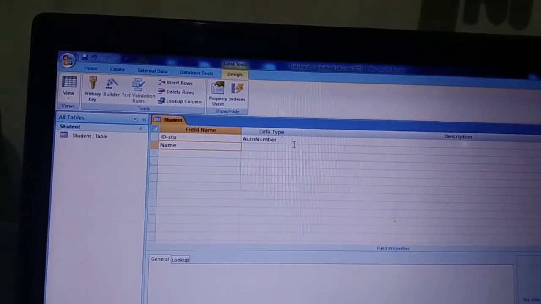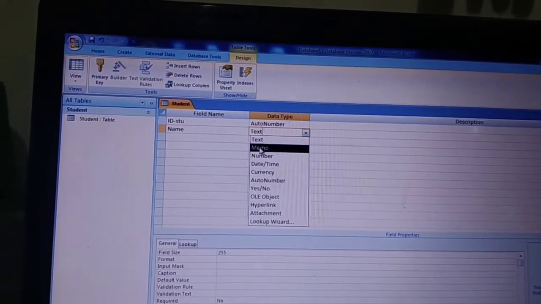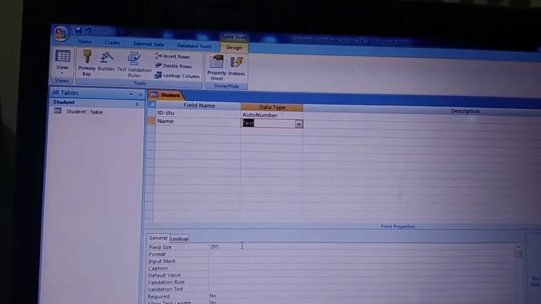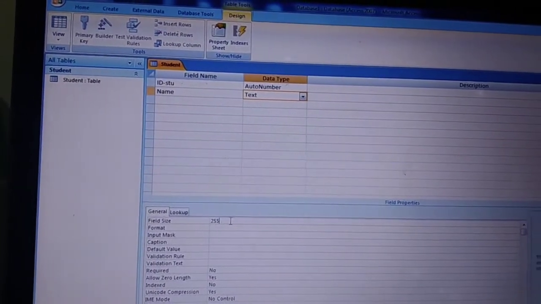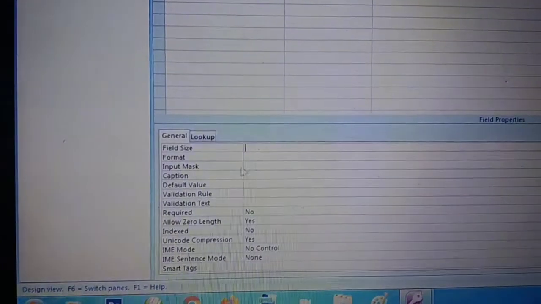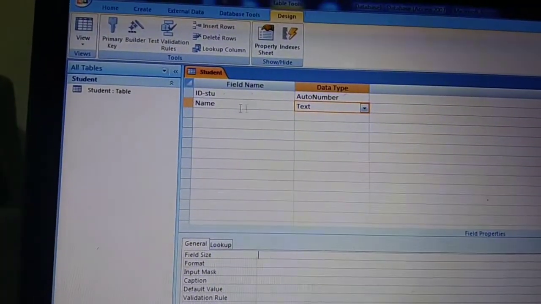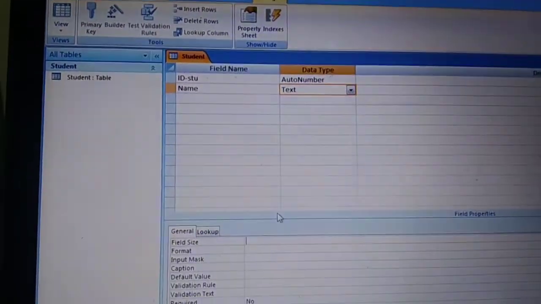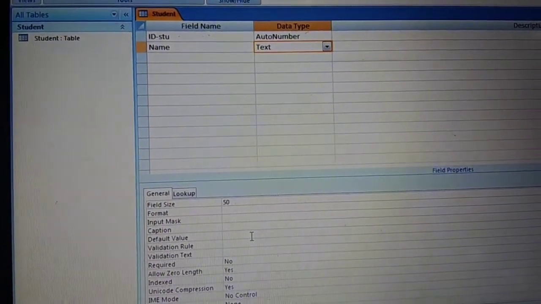Now in this name, suppose that I am taking text, because the name cannot exceed a maximum of 255 characters. See here, you can change the field size. If you want your text, the name of the student, to not exceed 50 characters, you can write 50 over here.